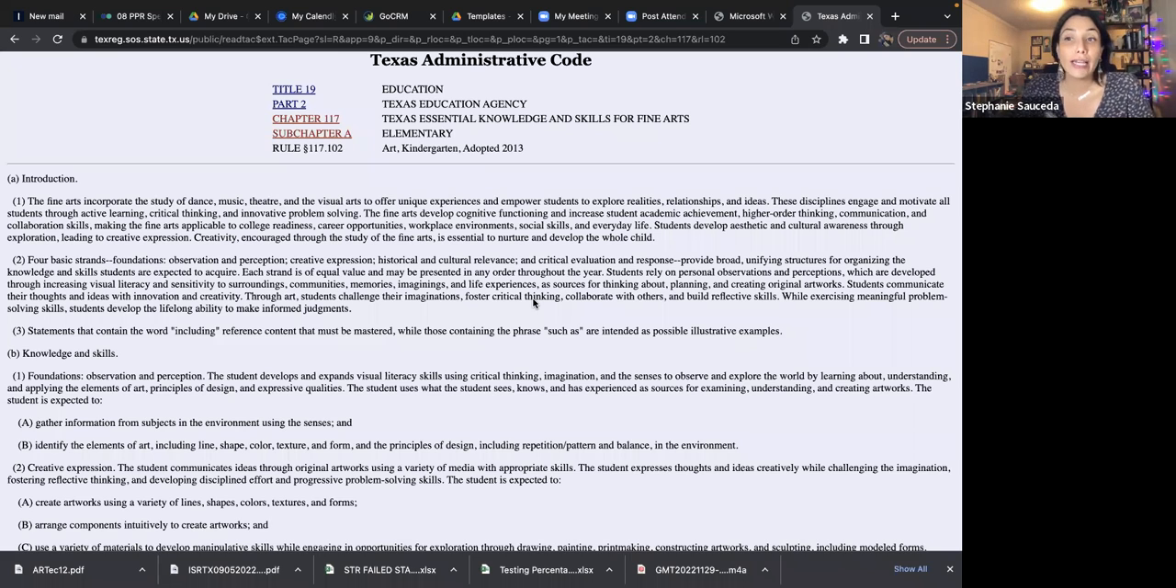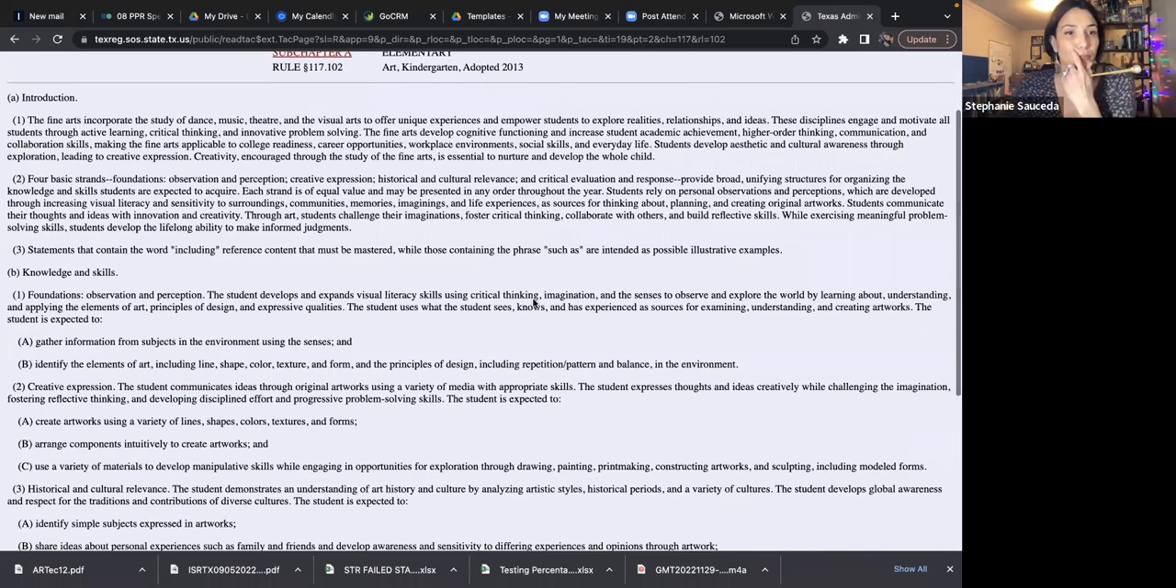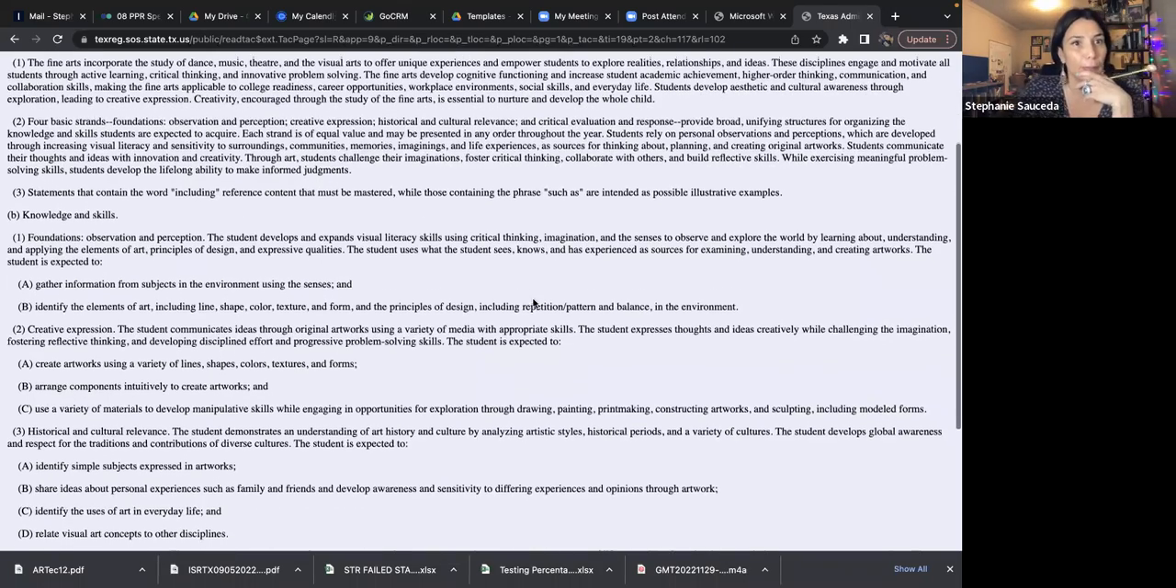While exercising meaningful problem-solving skills, students develop the lifelong ability to make informed judgments. And that's what we want them to do, become better people, better humans. And so we've read through the beginning part, and it's going to remain pretty much the same. We'll look at